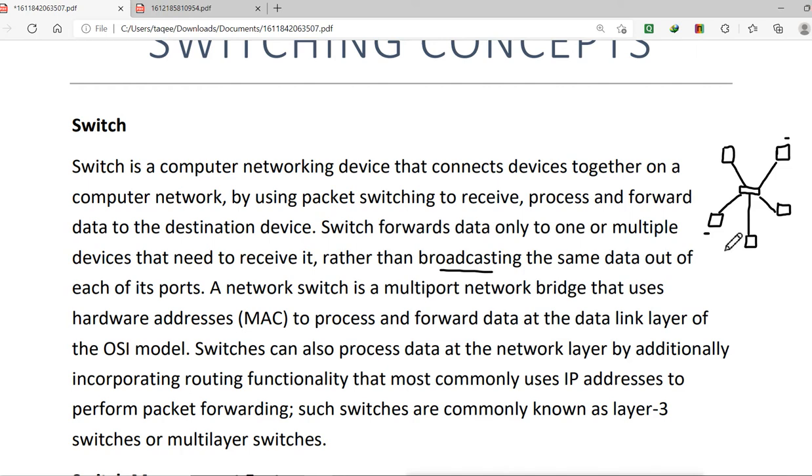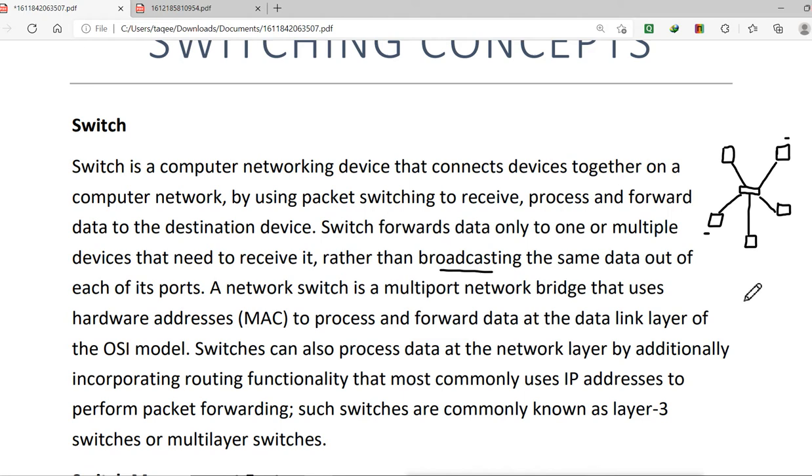The switch reads the MAC addresses of the sending and receiving devices, so it works on the data link layer, because at the data link layer the MAC addresses are attached and read. In the data link layer of the OSI model, the MAC addresses are attached to the packet, and on the destination side they are read.